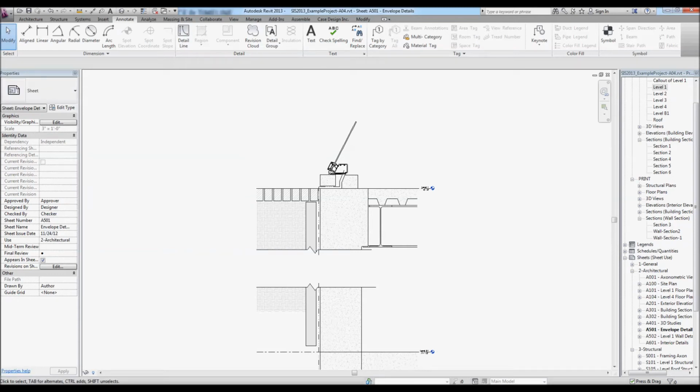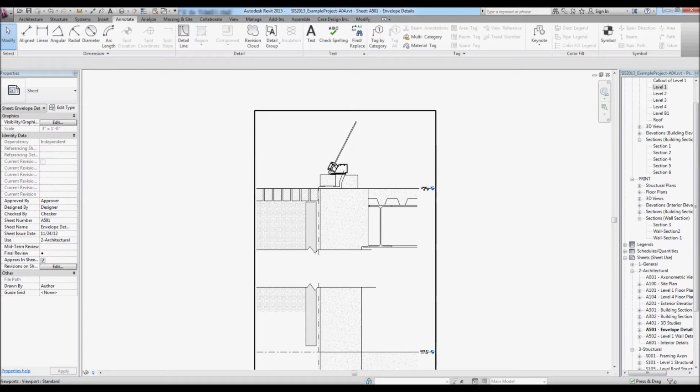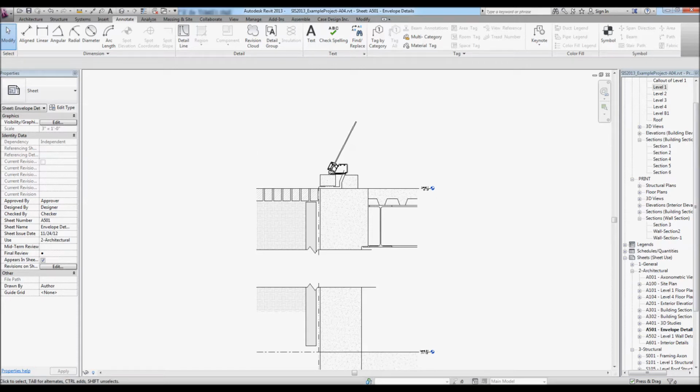Hello, welcome to Workshop 8, Creating Details. This is the third and final video. We're going to look at annotating and adding symbols to your details, but I did want to show you one